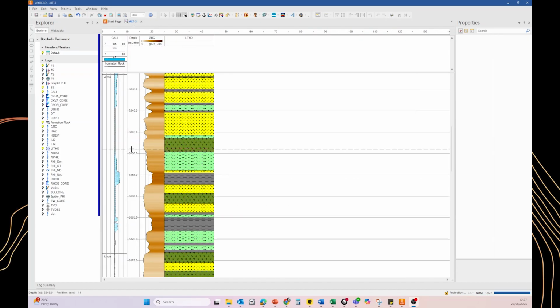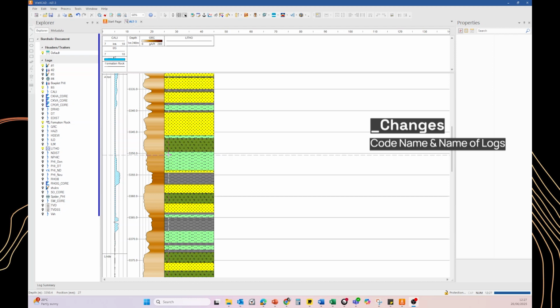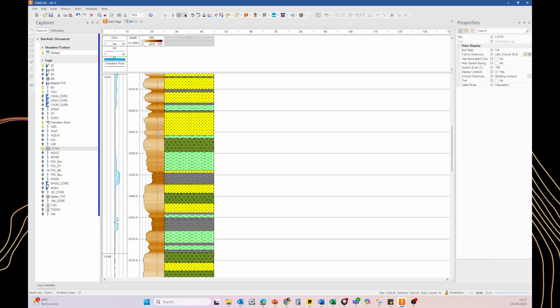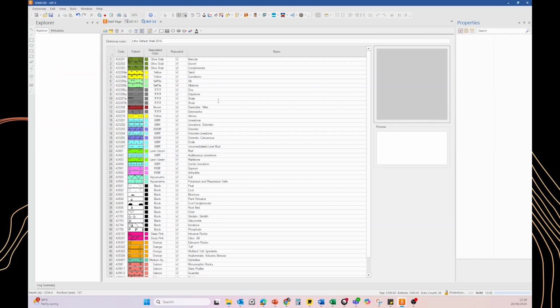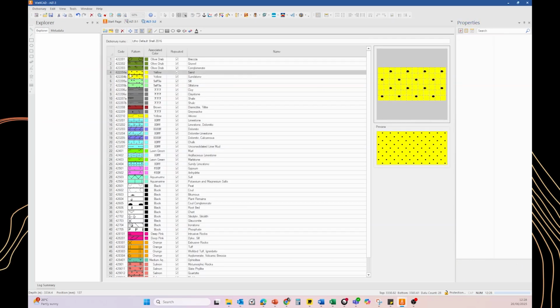Now this is applicable to lithologs, core description logs, marker logs, and every log with a dictionary. In the past, when the code of a specific dictionary was modified, the code was not immediately updated in the data table, and basically the interpretation was lost. So in this example, with this litholog, we open the dictionary. We can change the code, for example, to number 1 before code in the data log, remaining the same, and now we can see the data has been updated, even when changing the code in the dictionary.